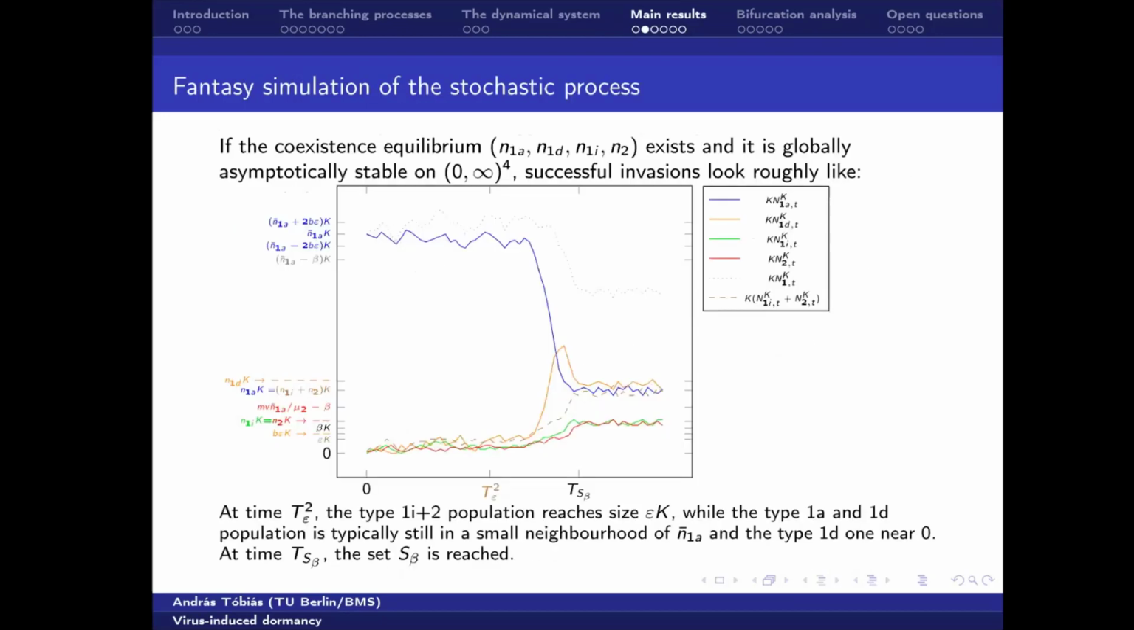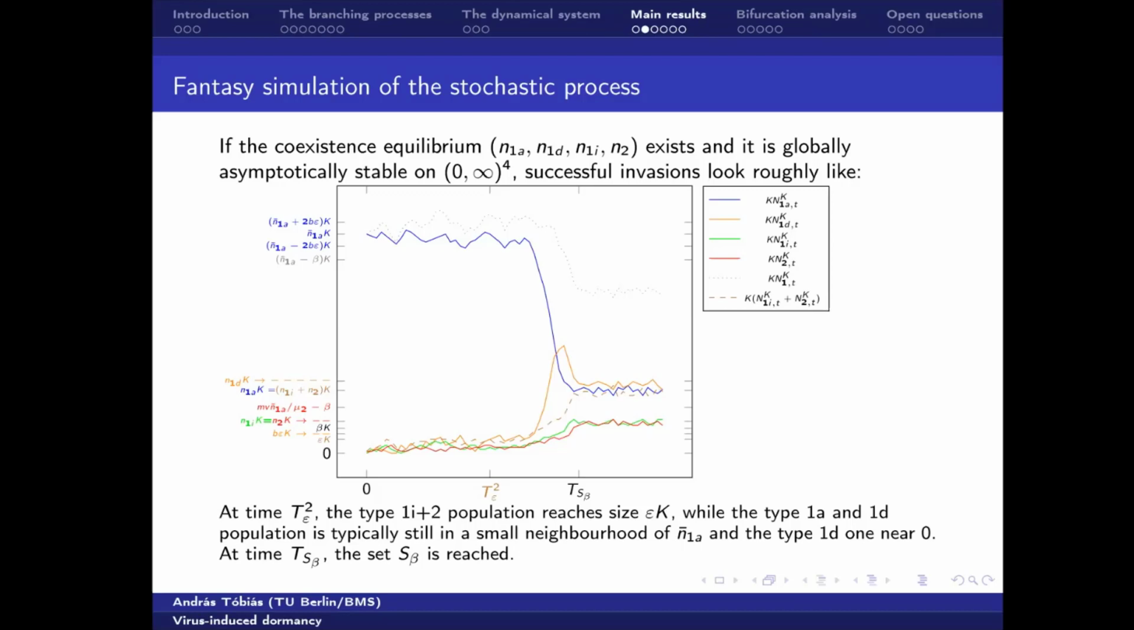And there's also this fantasy simulation here, which is of course not a simulation, but just drawing some curve. So what we should see is that until time T epsilon 2, which is the time when the infected coordinate and the virus coordinate reach size epsilon times K, until then, this active population should be very close to M1A bar times K, and the dormant population should be very close to 0. And when this happens, then suddenly, in a finite order of time, we go to this